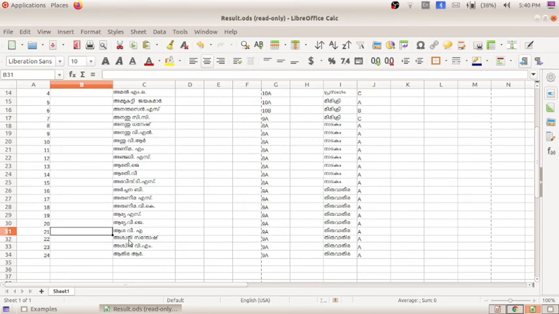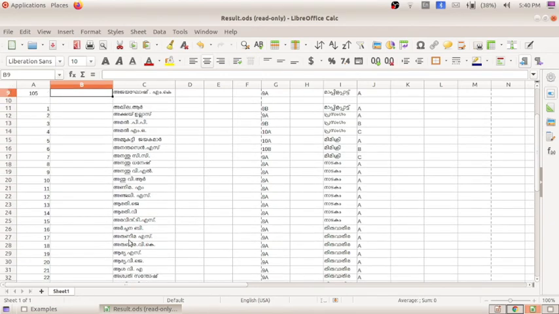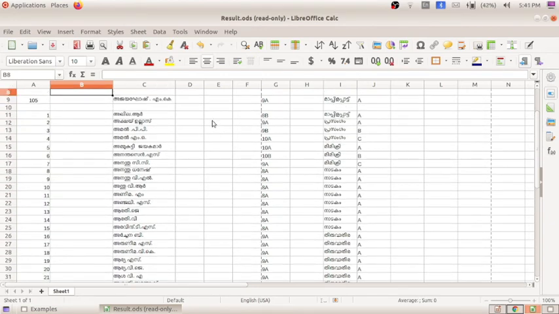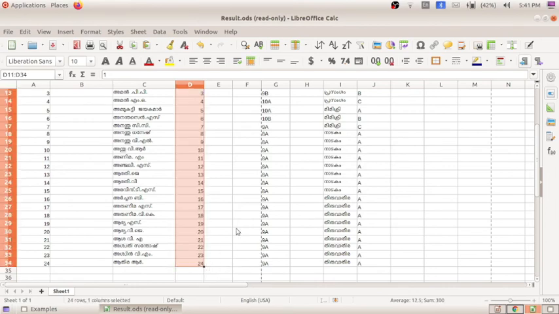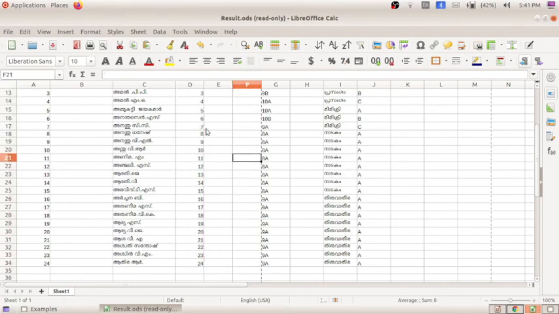So no need of typing the serial number manually here. Once more I will do it. Click here 1, activate the cell, drag it down, you can see the serial numbers here.